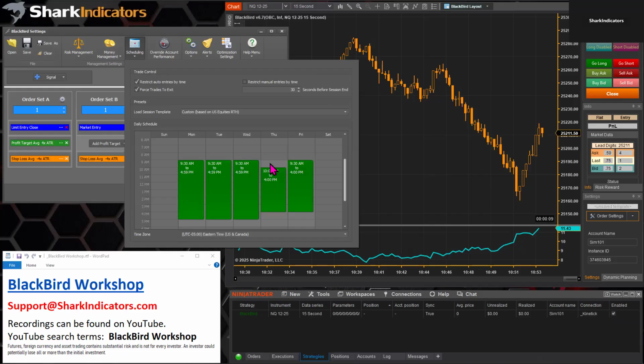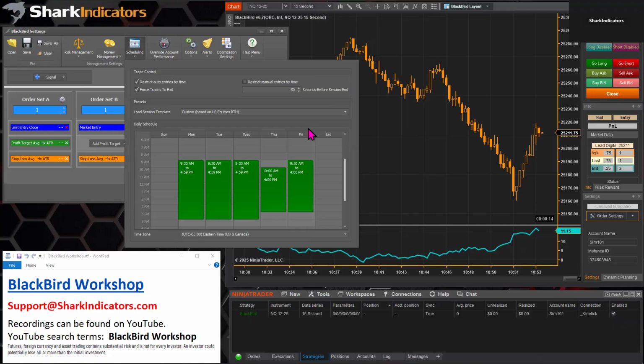Let's say maybe you don't want to trade the first hour as the market's trying to figure out what it's doing. The market loves to go the opposite direction for the first 15, 30 minutes and then reverse course for the remainder of the day. So if you want to stay out of that volatility and maybe trade pre-market,